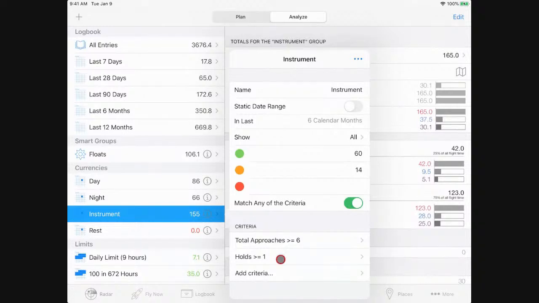So this is for the instrument currency group. It's not actually time, it's for approaches. It's displaying days until you're out of currency. And if this is the group that you're referring to, go ahead and check if you have any holds logged